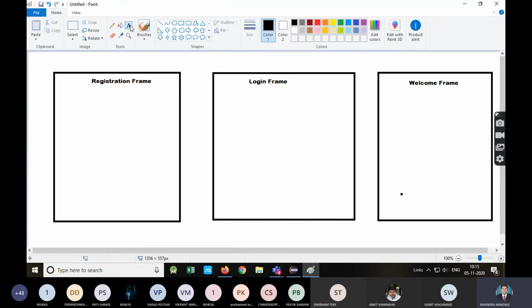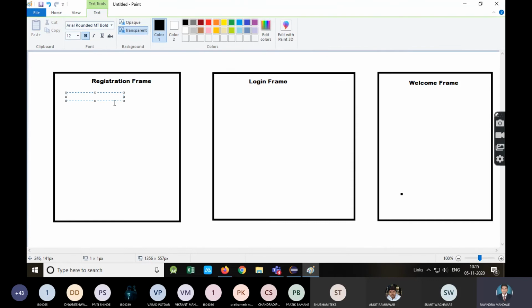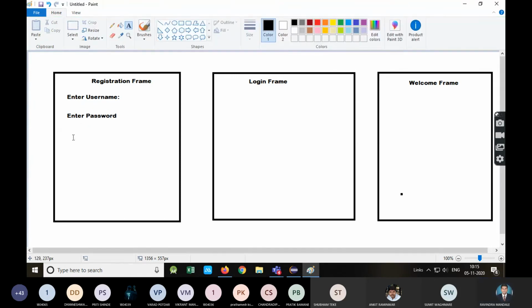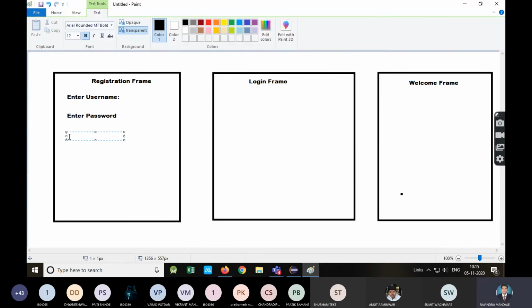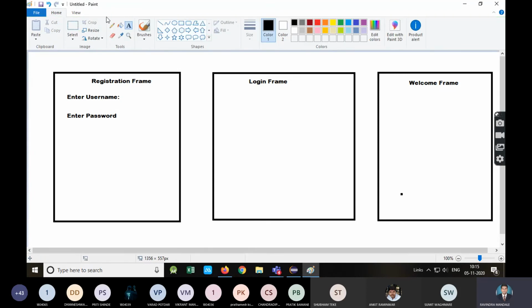Then after that, see what I'm going to do. I'm taking a label, then password. Then here 2 buttons will be there like this.